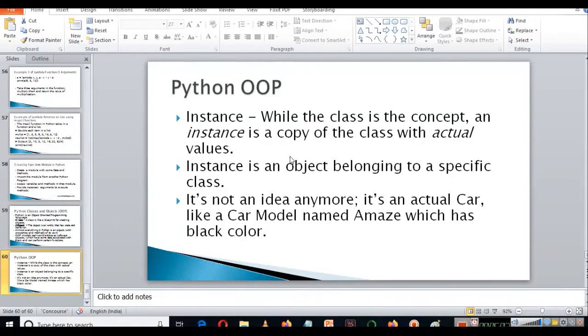So it's not an idea anymore, it's an actual car, like a car model named Amaze, which has black color. So you can see an instance is something which is not an idea, but it is a copy of the class with some actual values.